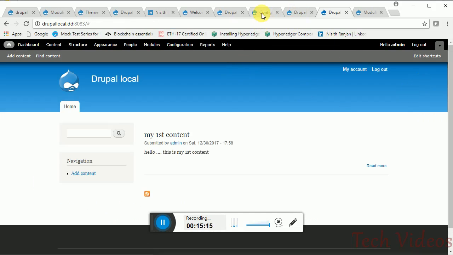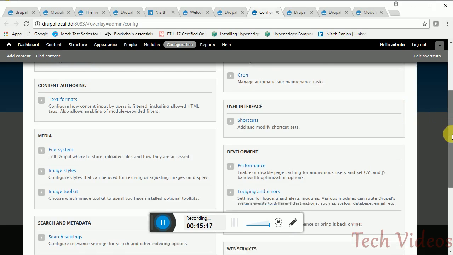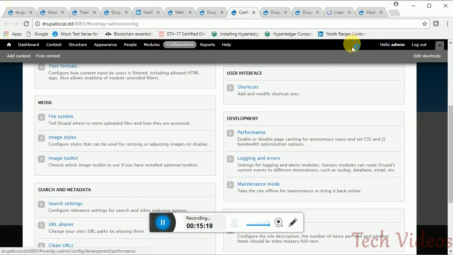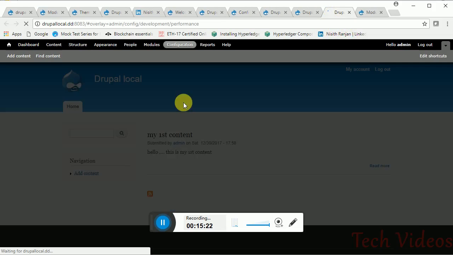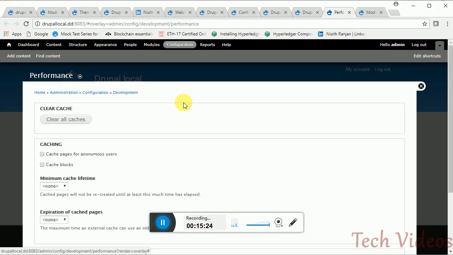Let's go to the configuration again. This is the performance page. The main concern about Drupal is that people say Drupal is slow. What it does is cache most of the pages. For example, your home page is displayed with content like "my name is Nishit", and later you have different content like "my name is Nishit Ranjan", and you want that to be overwritten on the home page. But what happens most of the time is